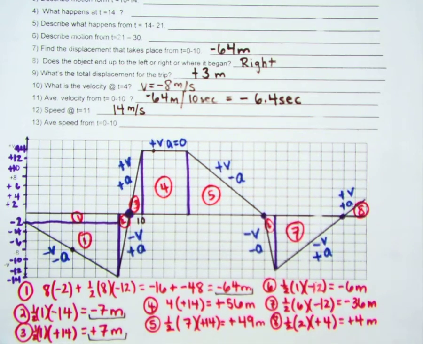Okay, last question. The average speed from 0 to 10. When I'm talking about average speed, I need to use the distance from 0 to 10 and divide it by the seconds. Okay? So,